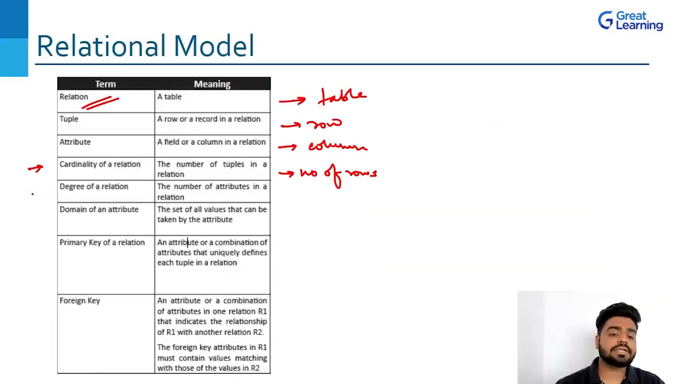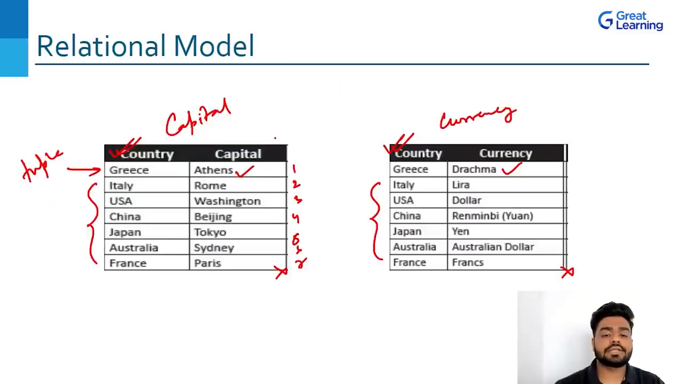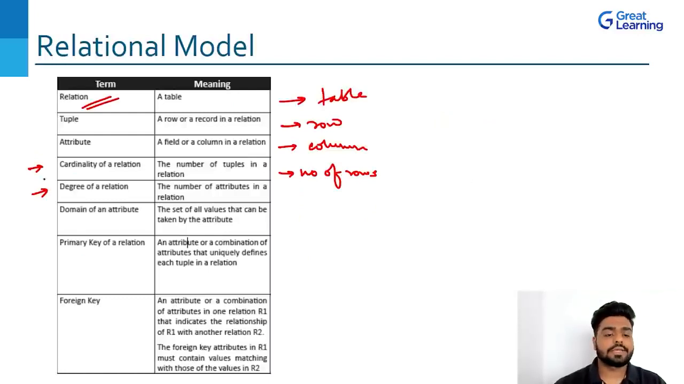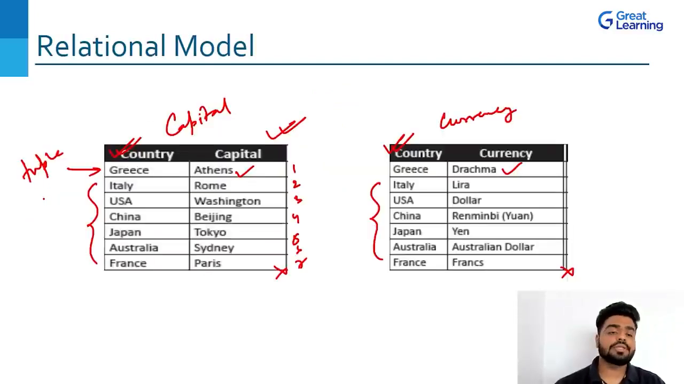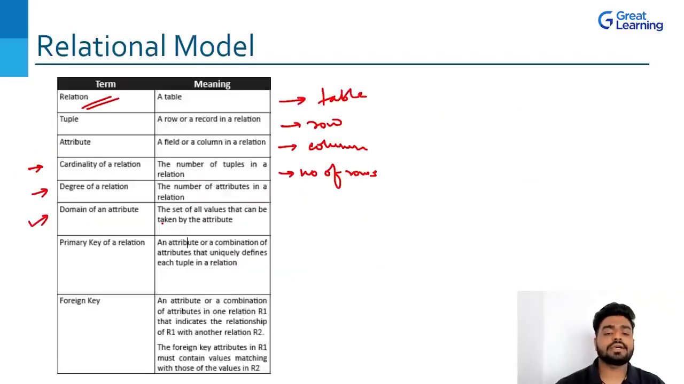The degree is nothing but the number of attributes. That means the number of columns or number of fields. So the degree for this relation is 2 because we only have 2 columns or 2 fields, which are country and capital. The domain of an attribute is nothing but the values of an attribute. So if you look at this attribute country, Greece, Italy, USA, China, Japan, Australia, and France are the domain of an attribute. These are the set of values,